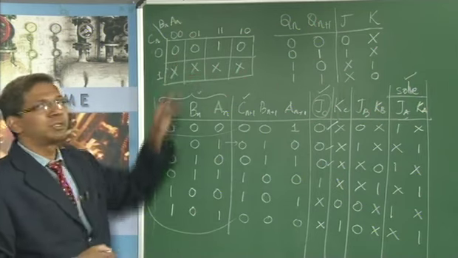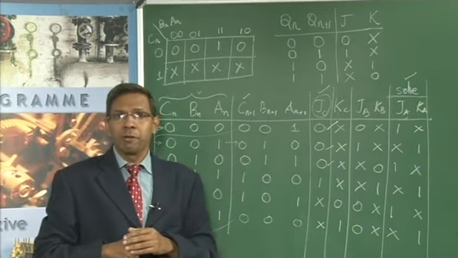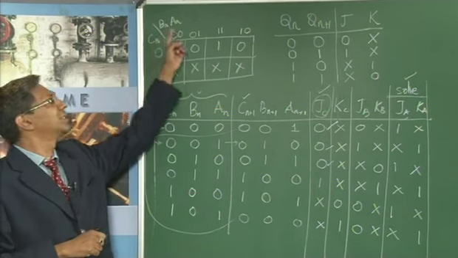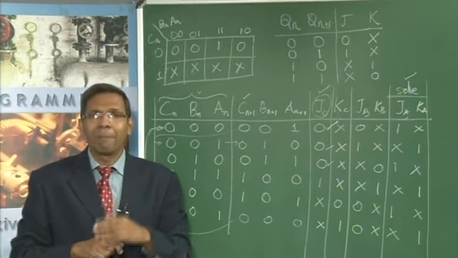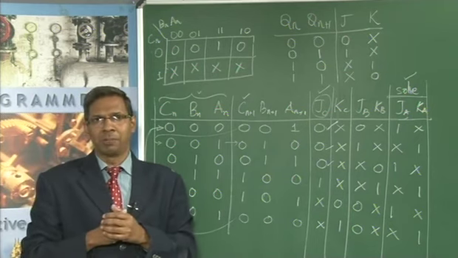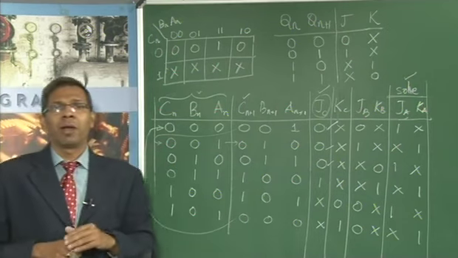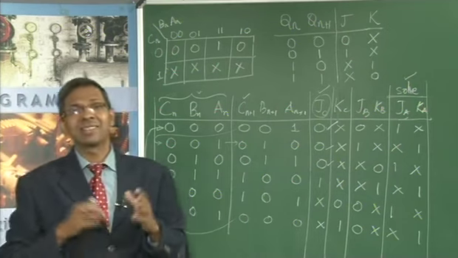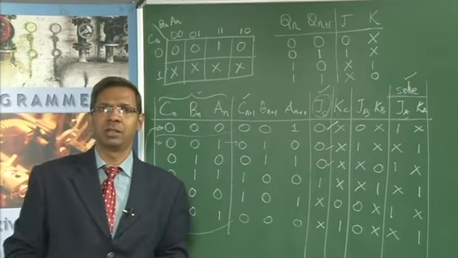So this becomes your K map for the solution for JC in terms of variables C, B and A. Now our job is to apply the K map simplification rules and arrive at an expression. Typically we are going to employ what we call sum of min terms. It's just a repetition of what you have done in the earlier sessions.